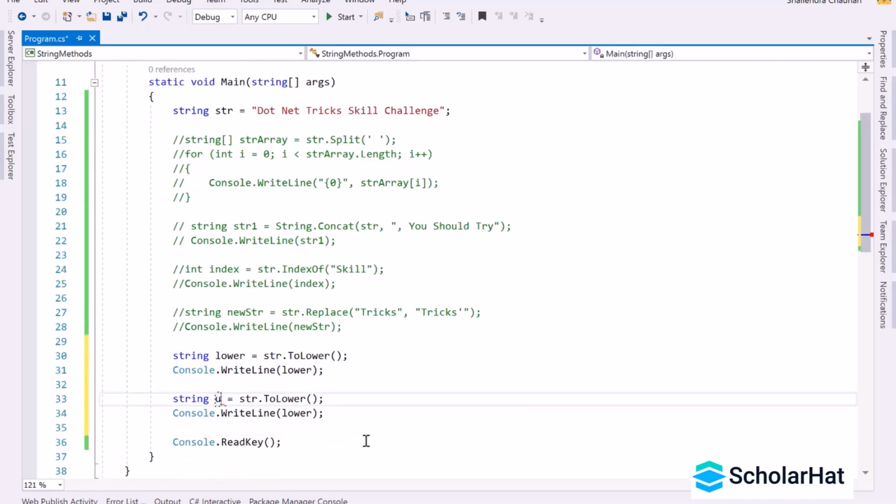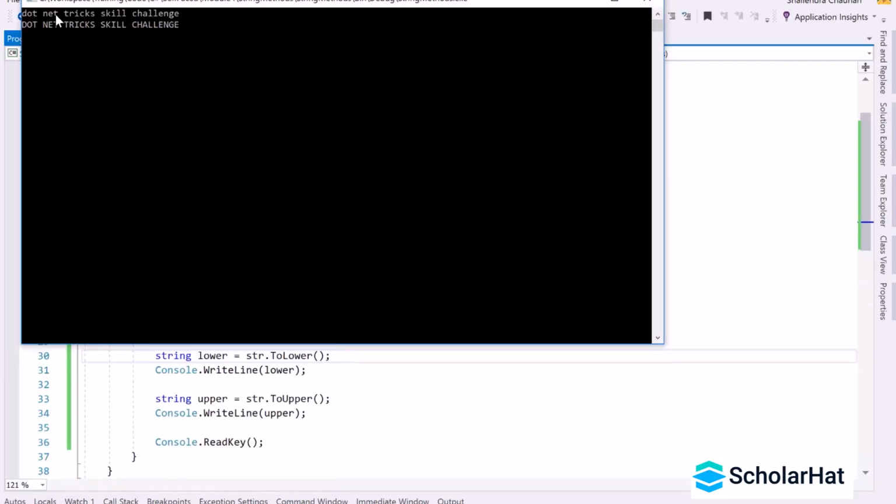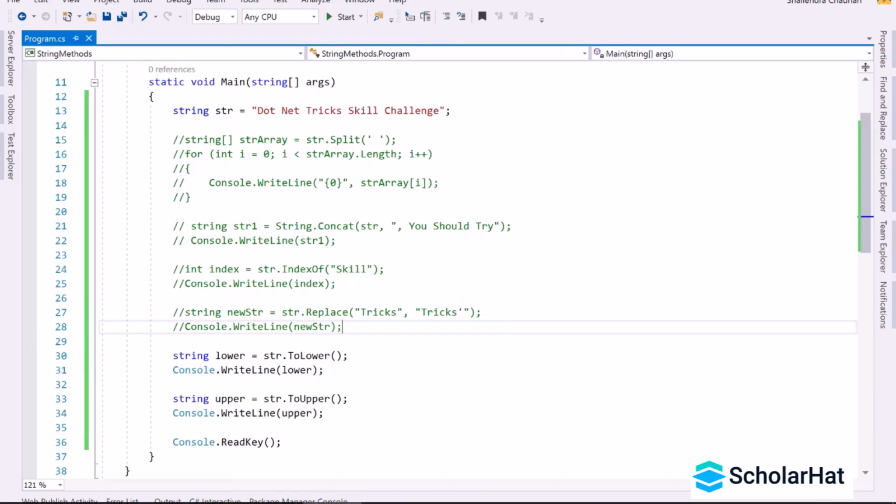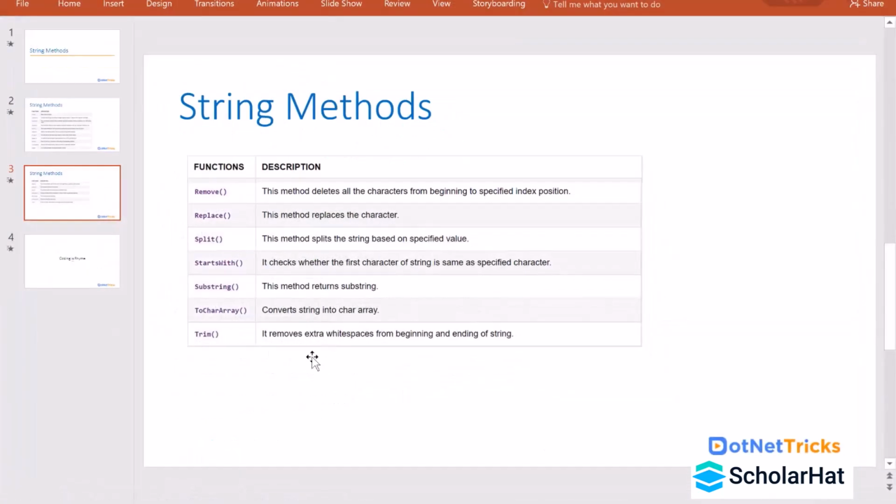So we have here upper. So just use here ToUpper. It will convert our string into uppercase. So let's verify how we are getting the output here. You can see first it is converted into the lowercase, then it is converted into the uppercase. So in this way, all the methods which I have shown to you in this PPT you can use for